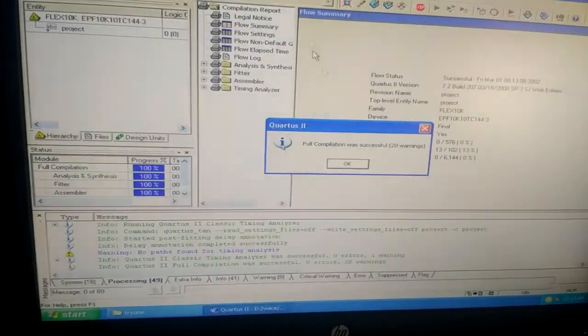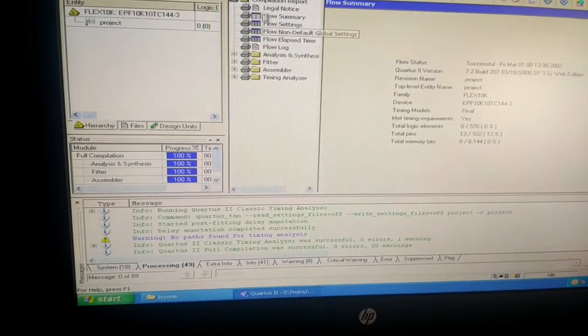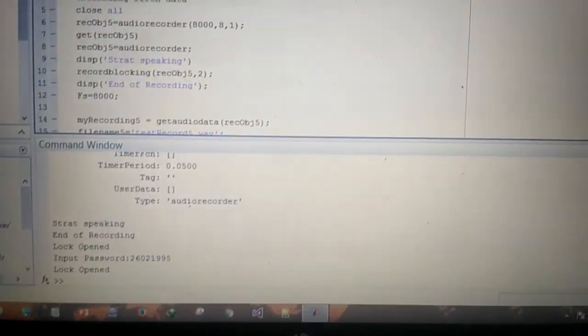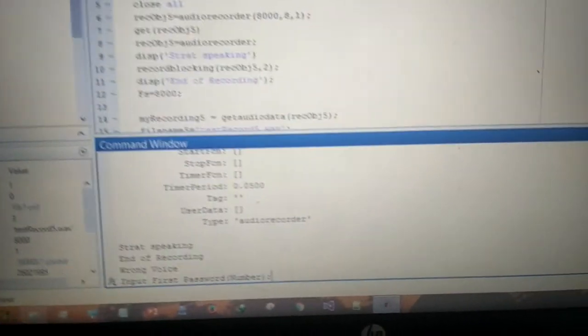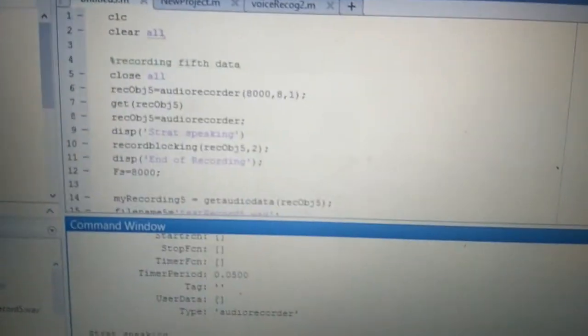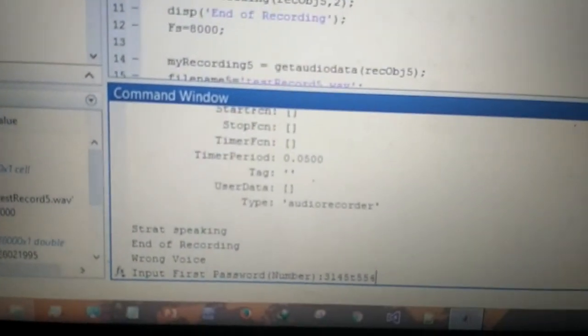Now Verilog will read it over here. Okay, then for not matching, run it. Wrong voice. Give the password. Now as you press wrong voice,